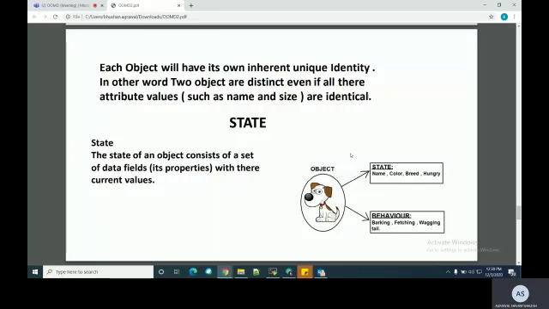Okay, so class 1 has some different properties and class 2 has some different properties. Then these properties are inherited into the object, although the values of attributes may be similar in the case of two objects, the properties which they have inherited from their class are different. Okay, then state. The state of an object consists of a set of data fields, its properties, with their current